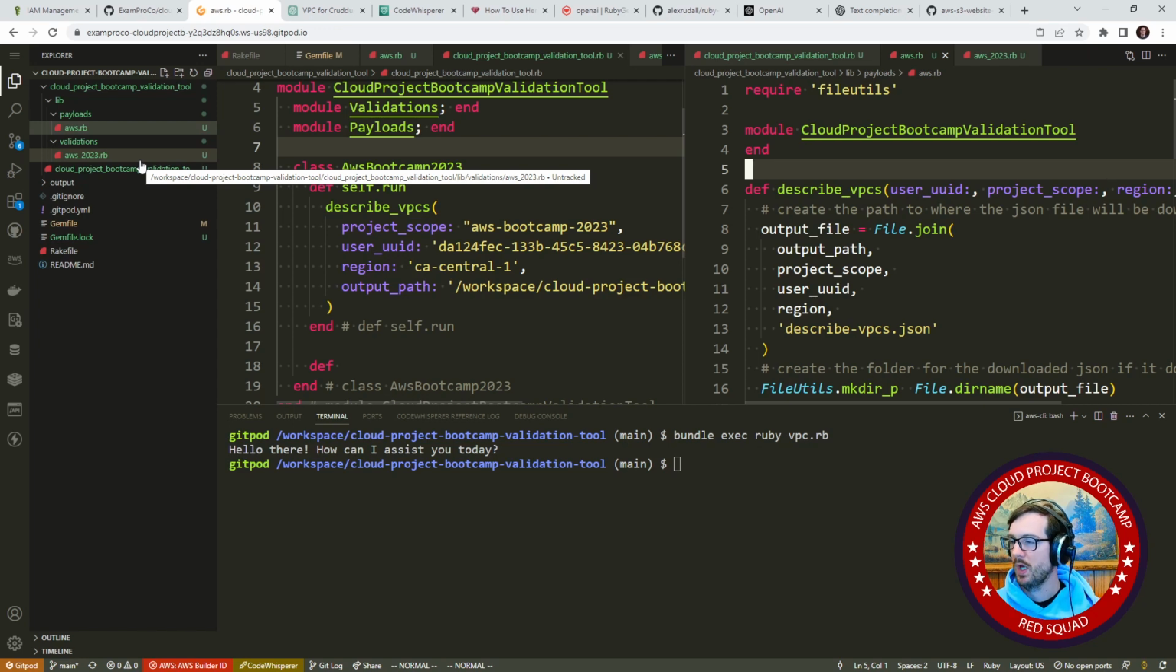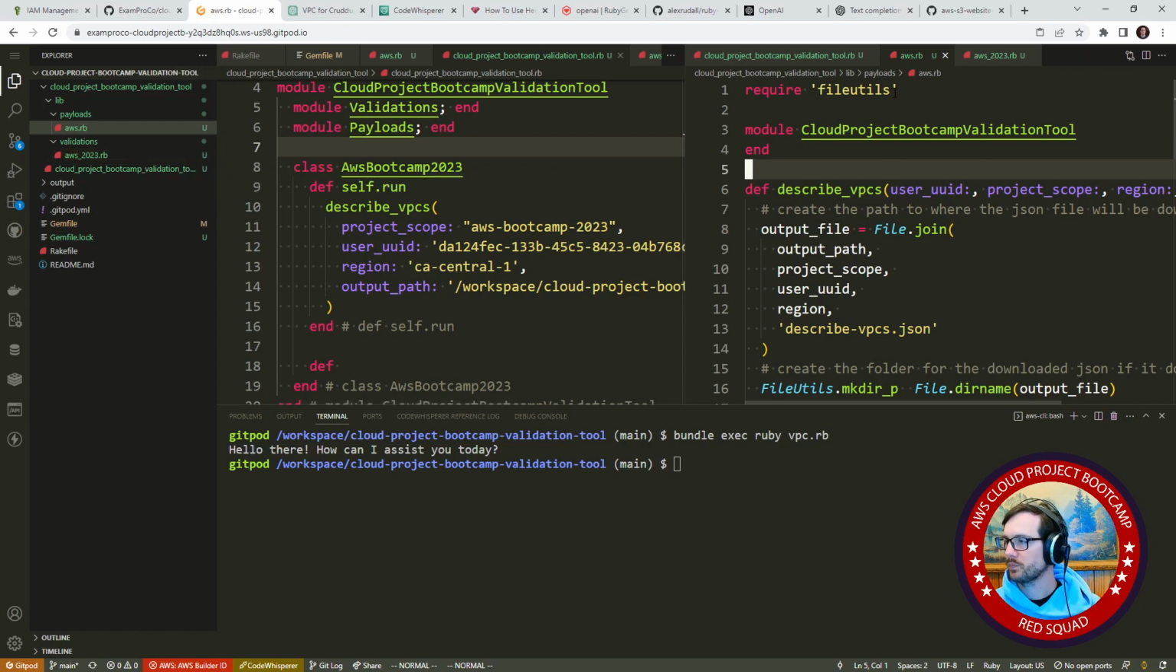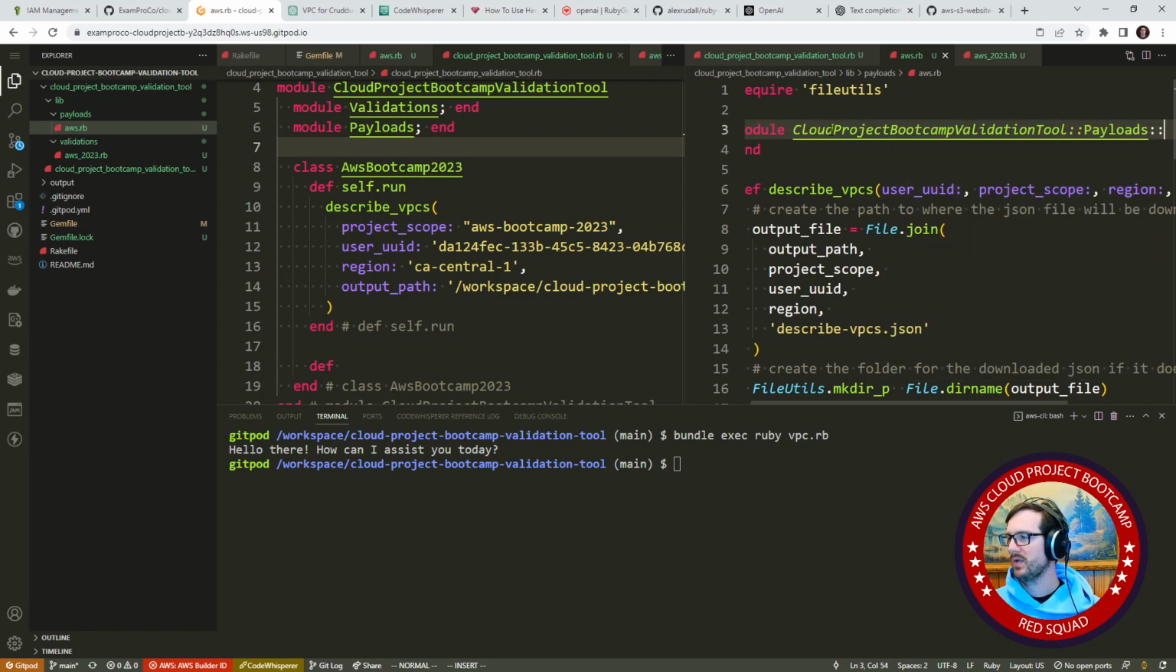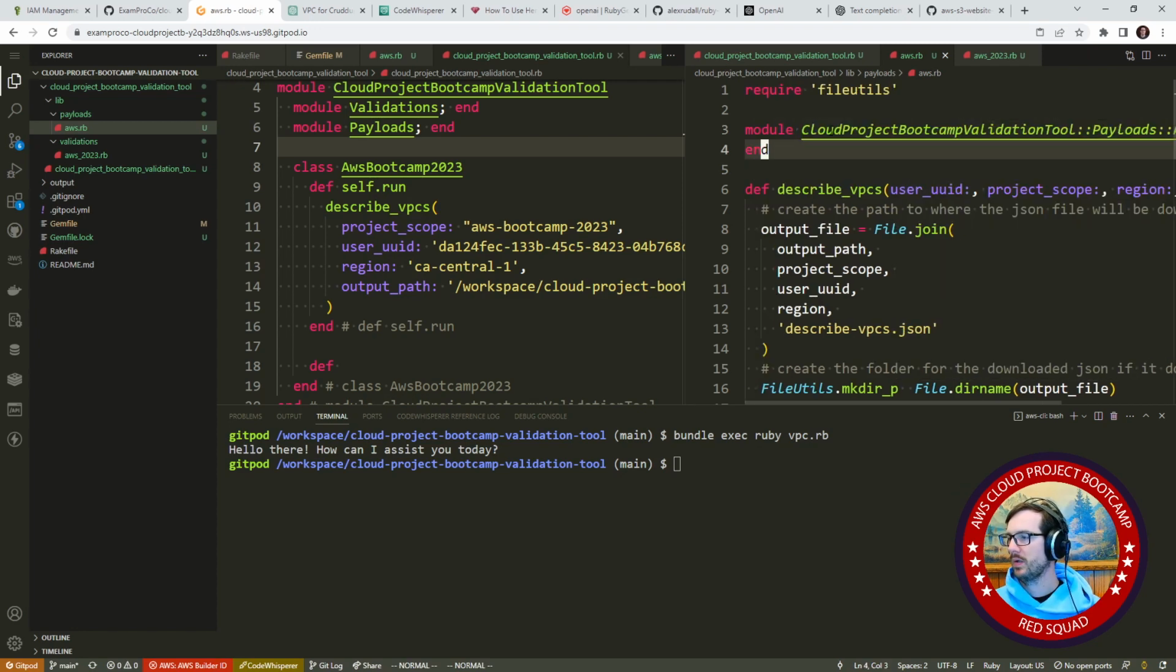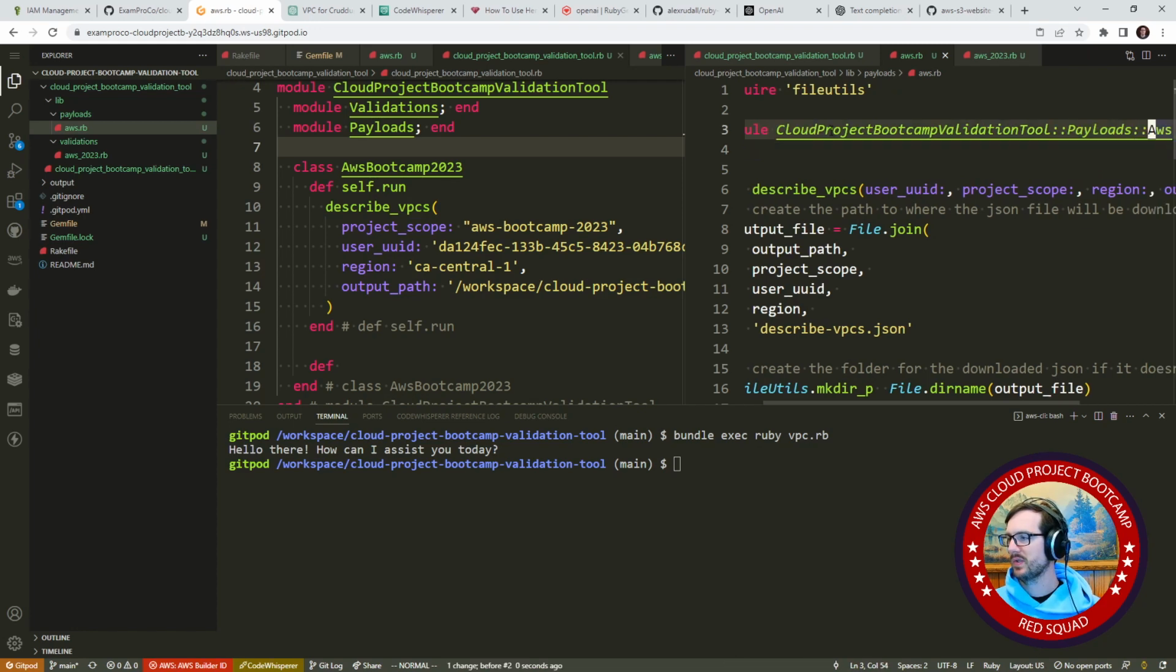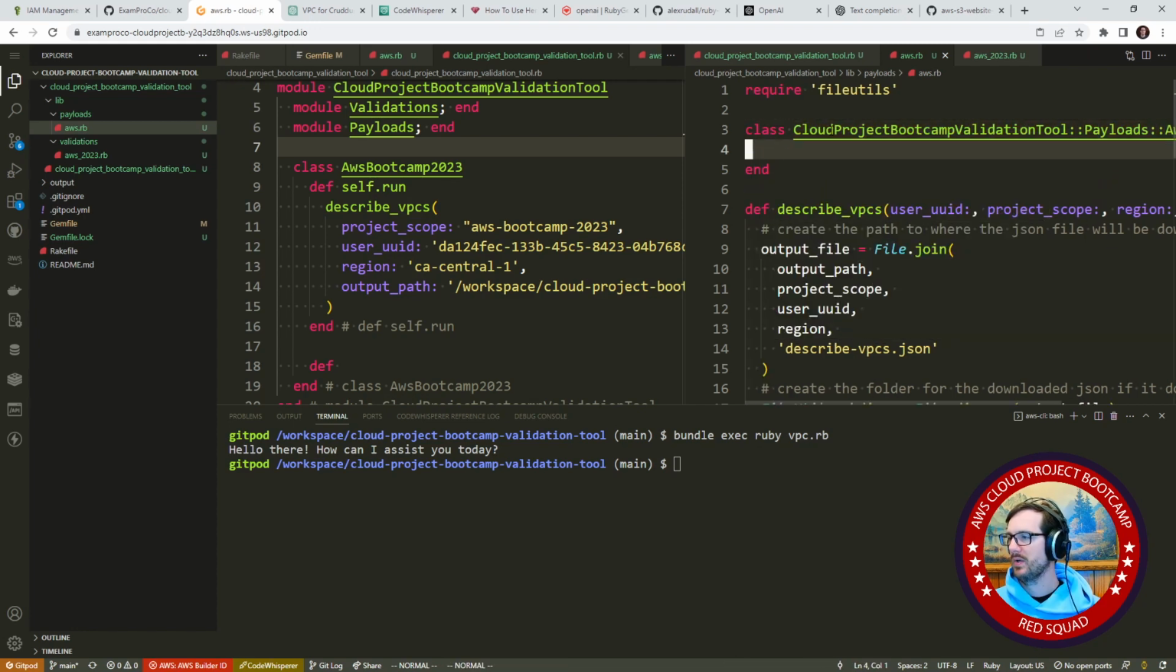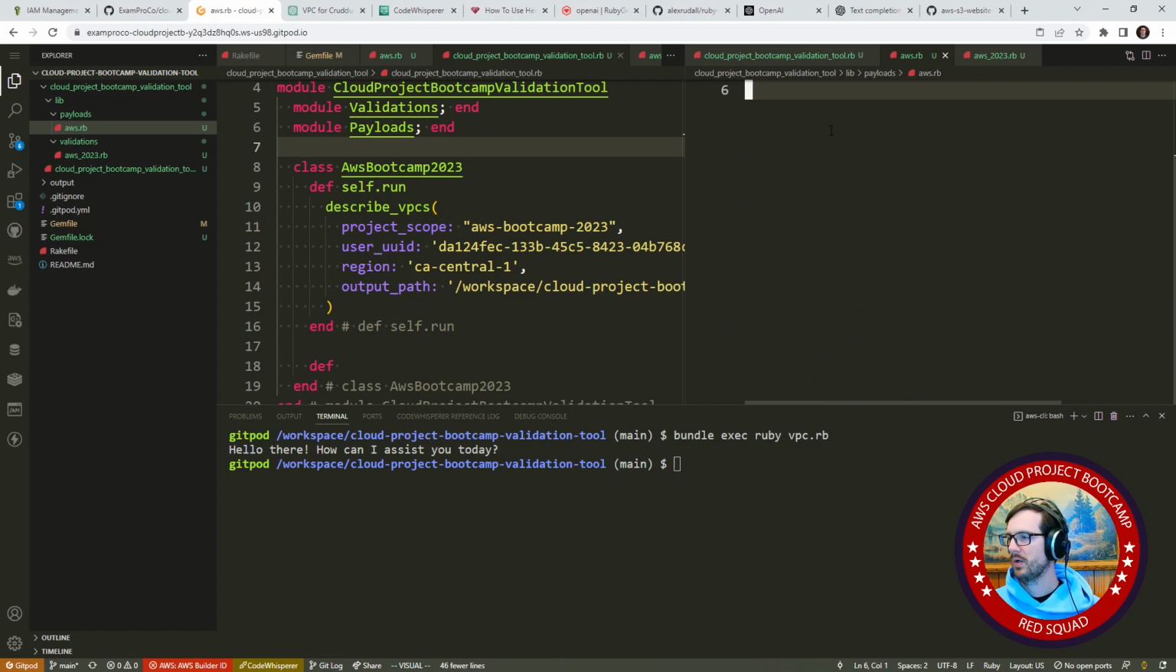Yeah, I'm thinking about this. Okay, so over here we have AWS RB. So it would be this, and then we could do payloads, and then this would be AWS. And that's actually a class. Whoops, a class. And so now I can go here and just